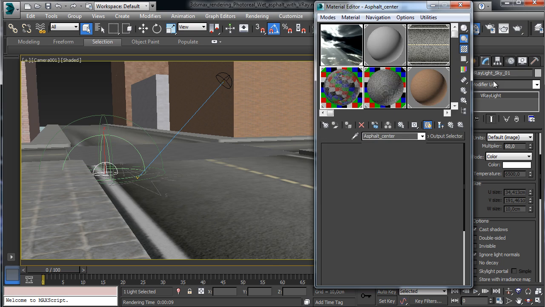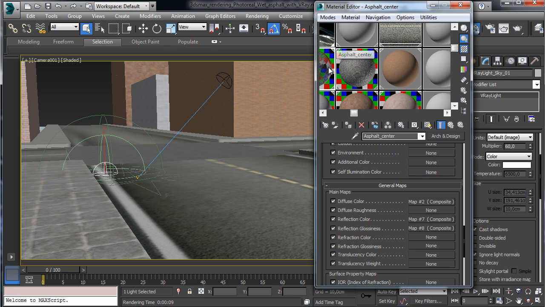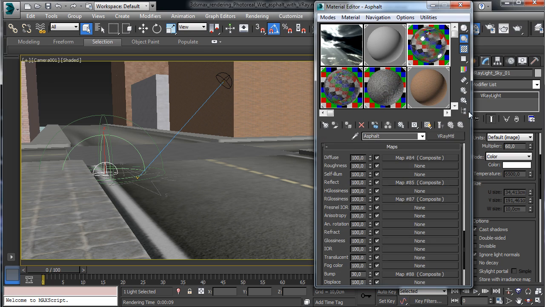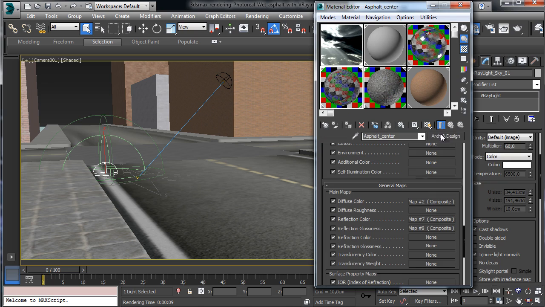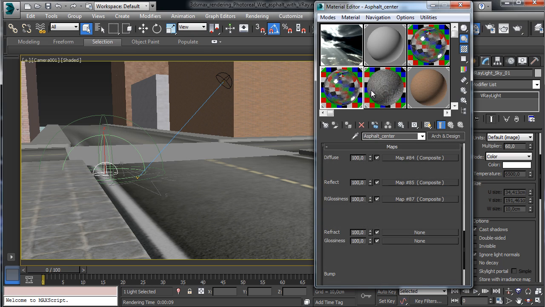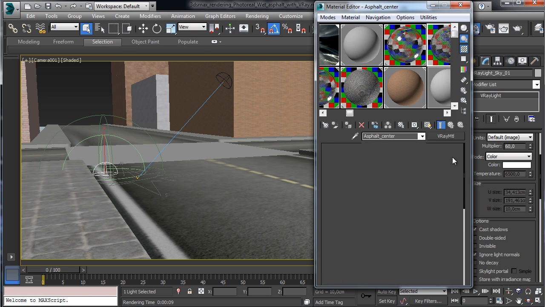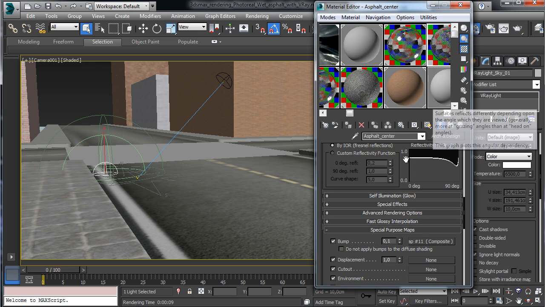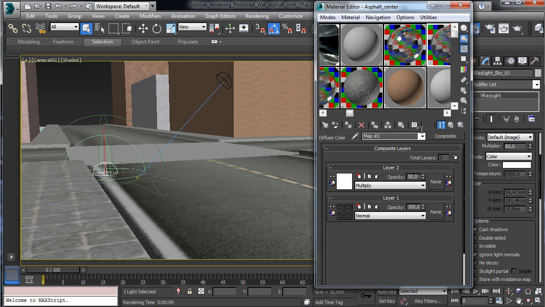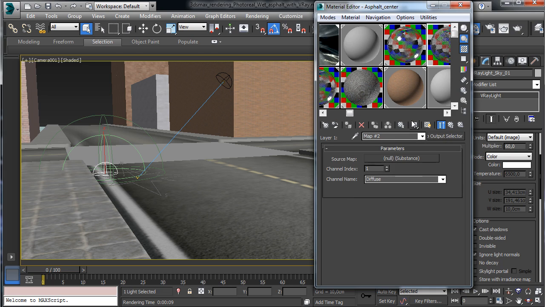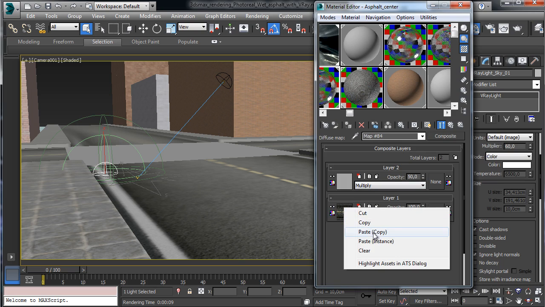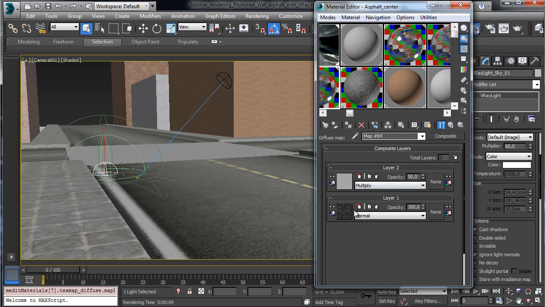We have the other asphalt, this one at the center, and we can make a copy to have something to relate. And we can make a copy of this material to be sure that we have not to do everything again. And over the asphalt center we can paste. Okay, now we can go to check the material, what kind of changes we done. And I think we changed using the asphalt. So what we can do is to have this map, so copy, and there in the diffuse we can paste,